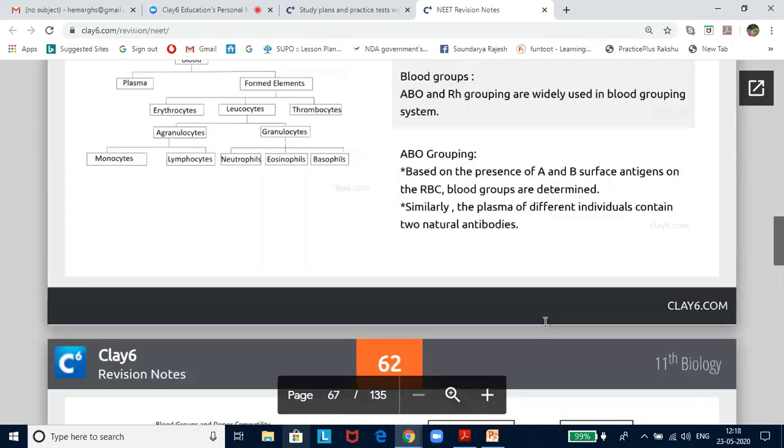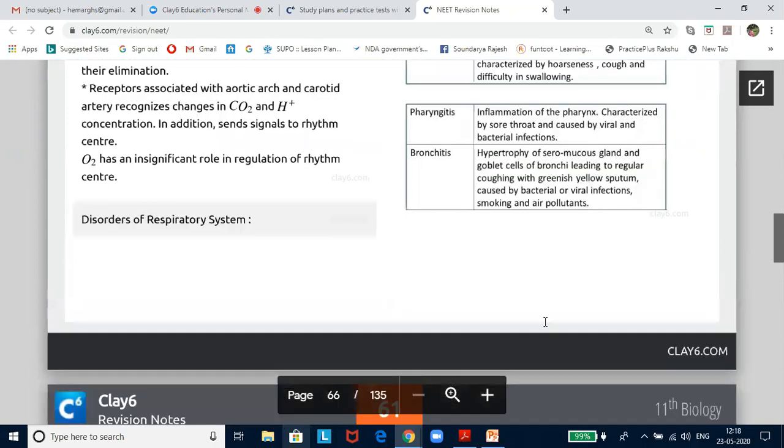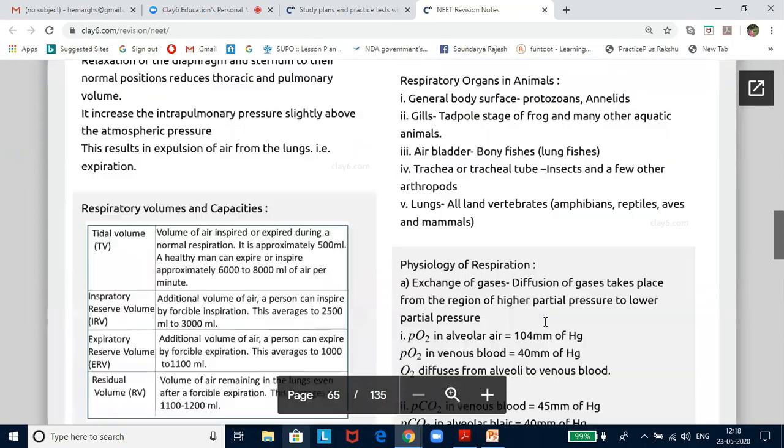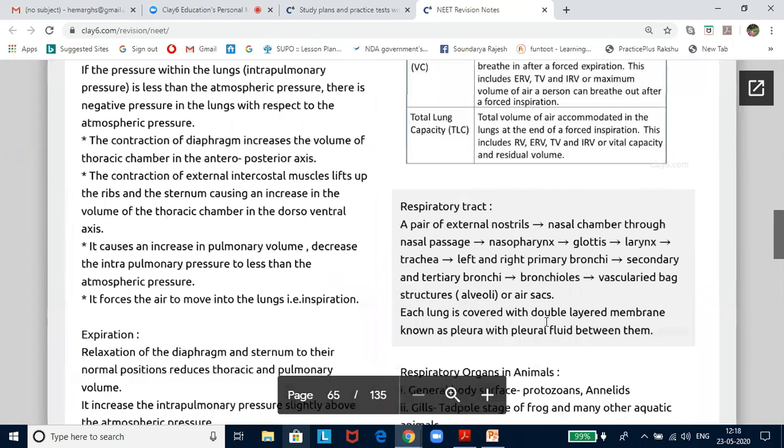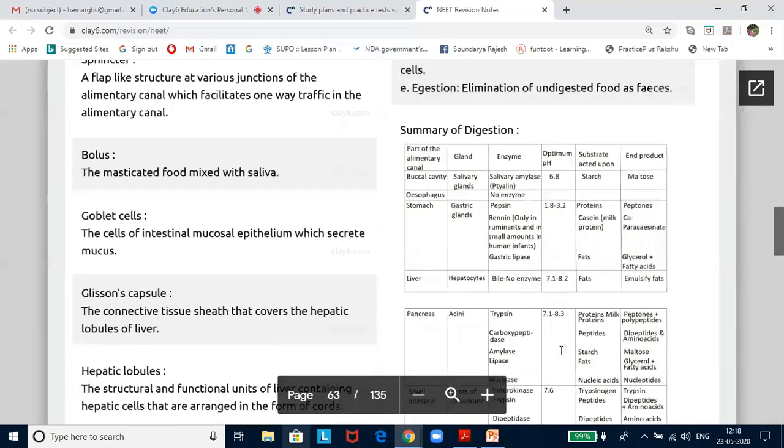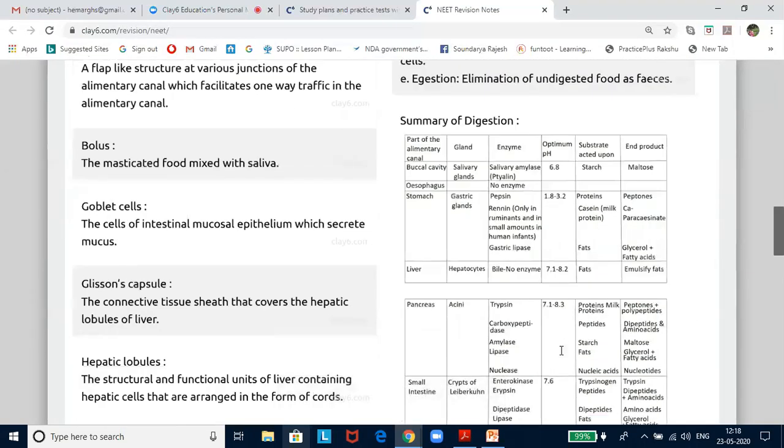So this is where a lot of terms will be coming in, a lot of enzymes will be there. You should be really prepared with all these things so that you are able to take it in a minute when you are writing your exams. The ability of the alimentary canal to contract is called motility.